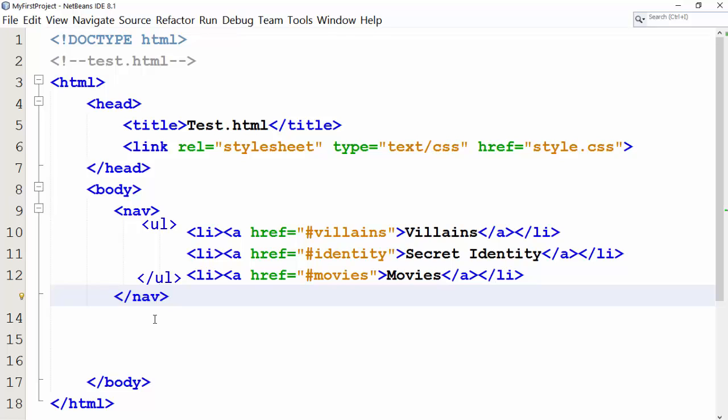Let us see how the output would look like. You will note that default styling creates an unordered list with bullets and each link is underlined. The default color of the link is blue. There is no styling such as padding or margin in it. Let us open our CSS file and add some styling to the elements.